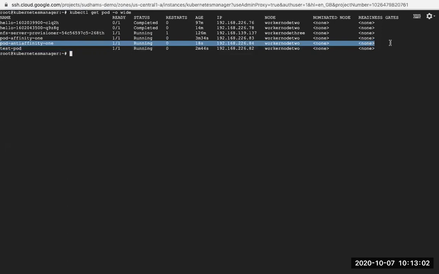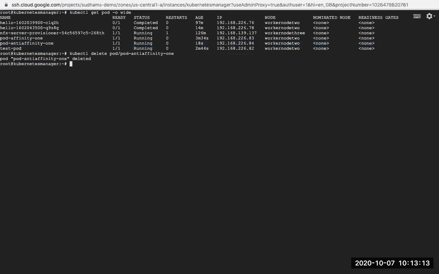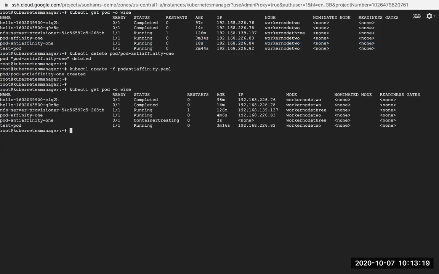So one more time, let me try to delete and recreate it. Delete pod. Now let me try to create once again. See, now it is launched on worker node 3. So the decision will be taken care of by your Kubernetes scheduler itself.